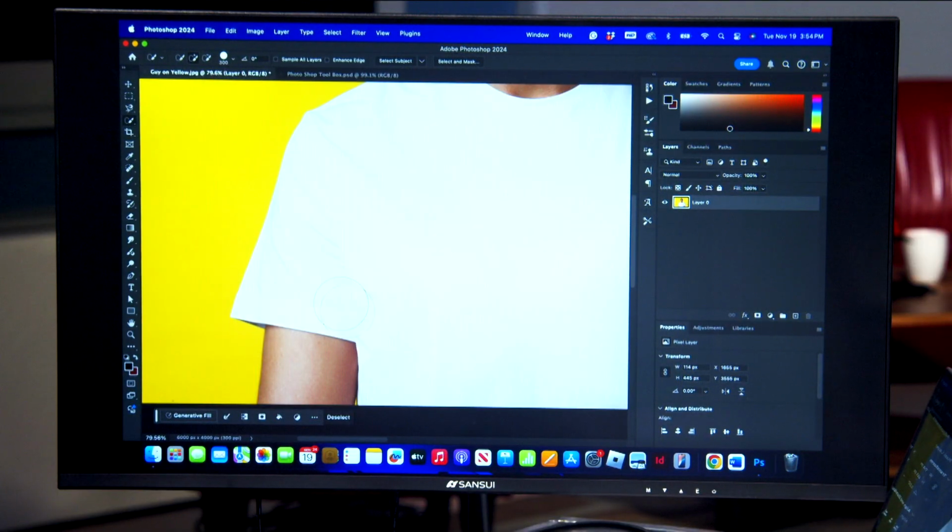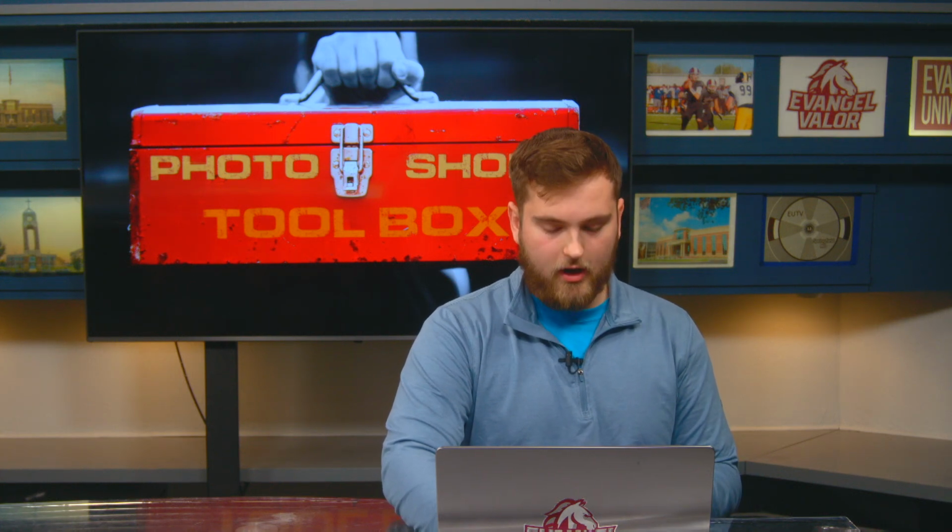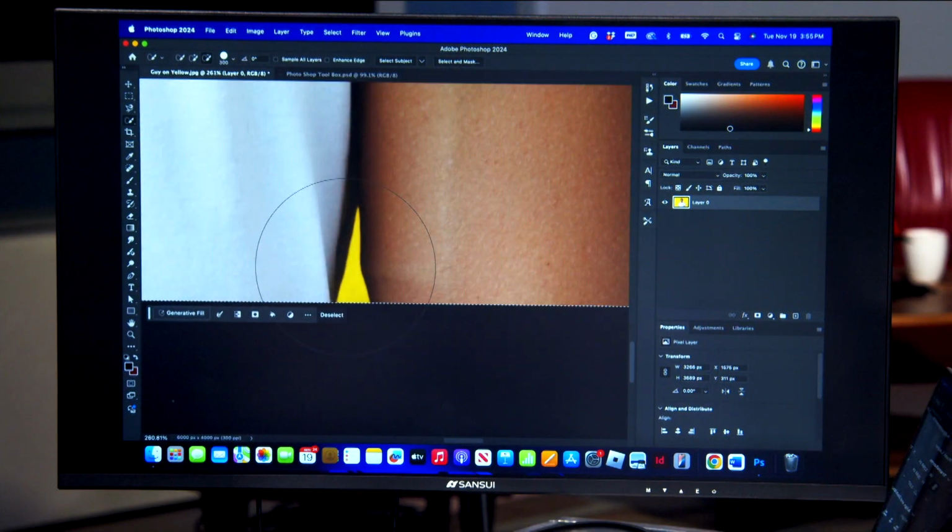You can add to your selection, and so you're painting, and it sees the edges, and so it's only going to that part. And then you can add that. But if you want to subtract something, like say this yellow back here, you can switch it to subtract up top, and then in that area,